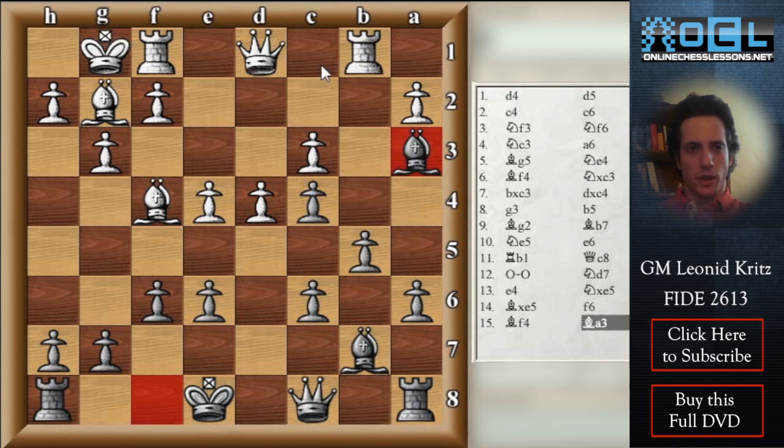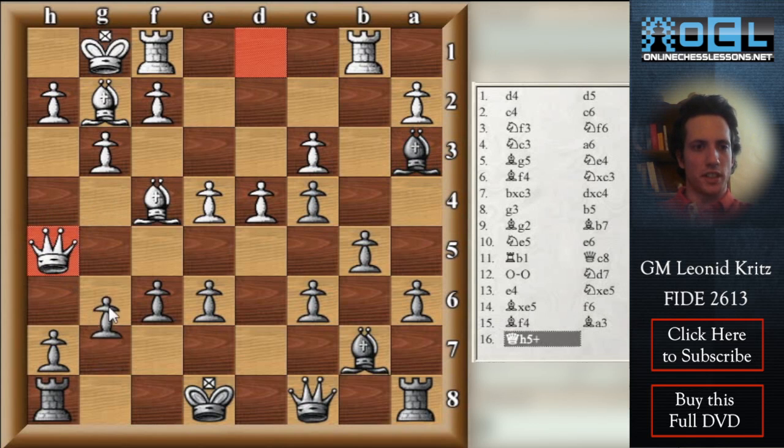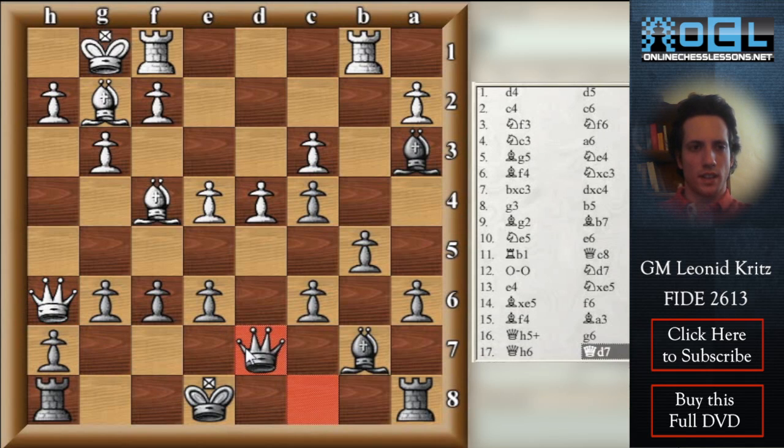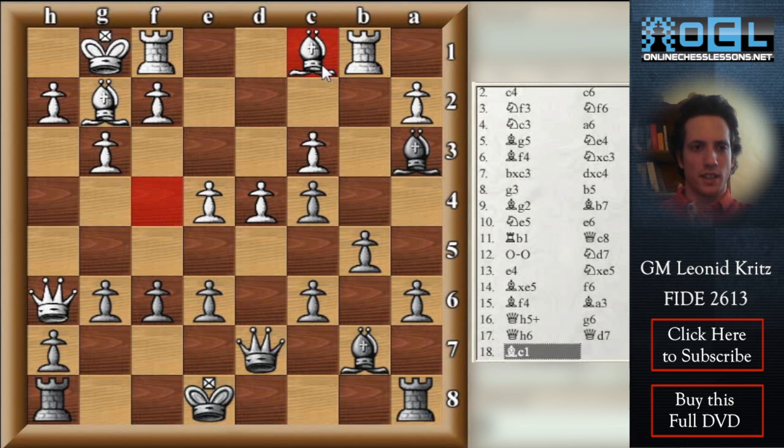So now white should play queen h5, g6, queen h6, preventing black from castling. Queen d7, bishop c1, bishop f8,